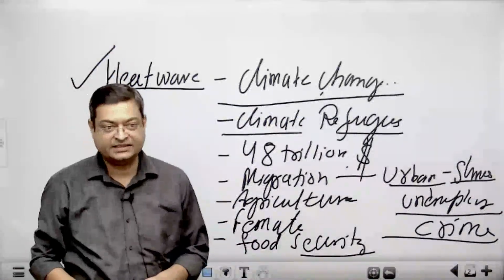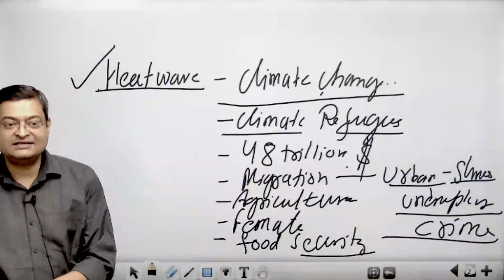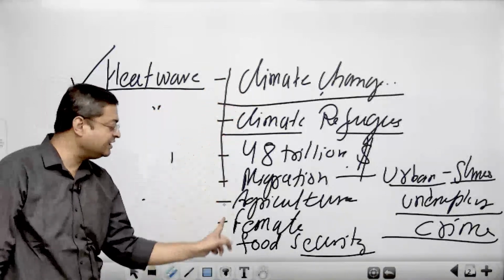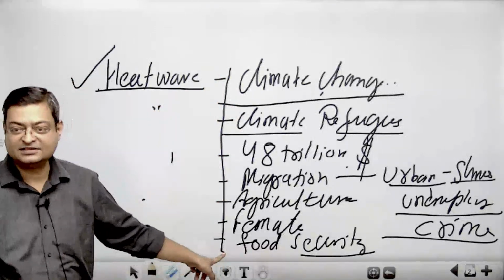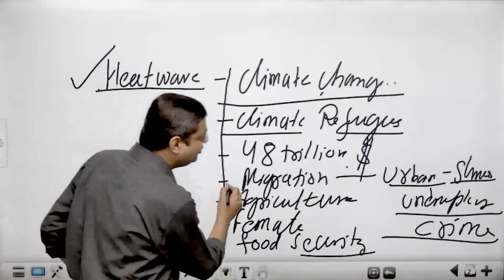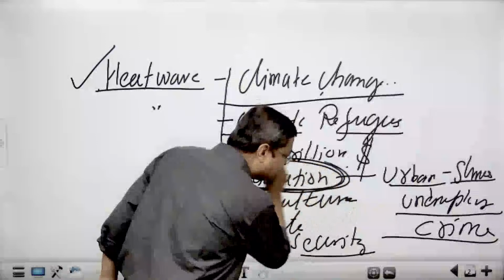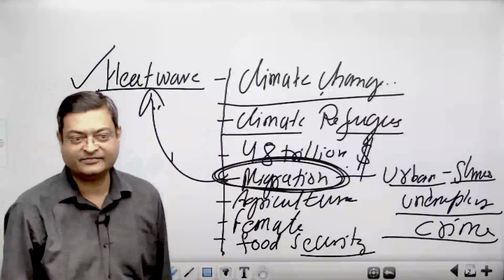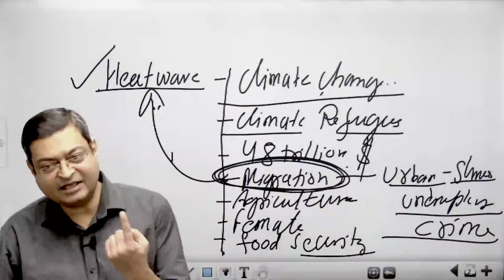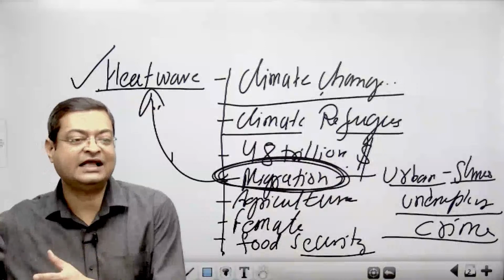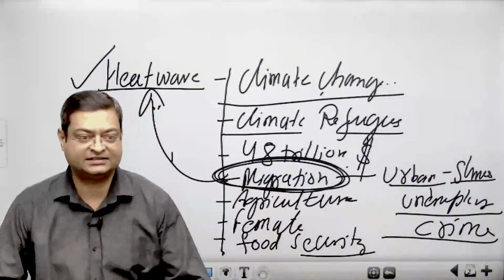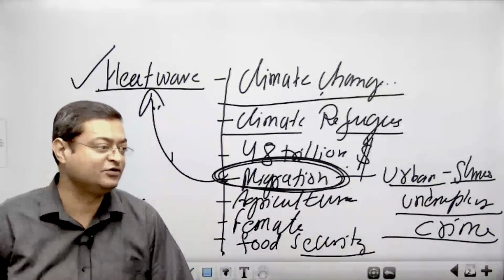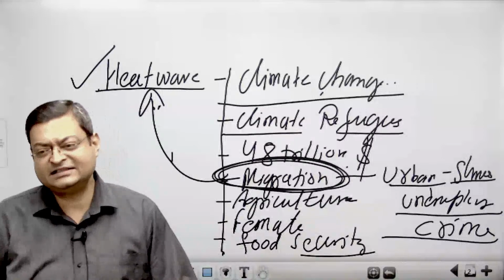Now, if you are going to talk about one topic, you have to think about the multi-dimensional aspect. When we are going to write the answer, if the question is on heat wave, we have to focus on this, and these become the subsidiary points. But if the question is asked on migration, this becomes the central focus, and the heat wave becomes your subsidiary point. So if you are thinking about one thing, you can have a multi-dimensional approach in writing your answers. It is only depending upon how your thoughts are going to work. And see, it is not an easy thing in UPSC.